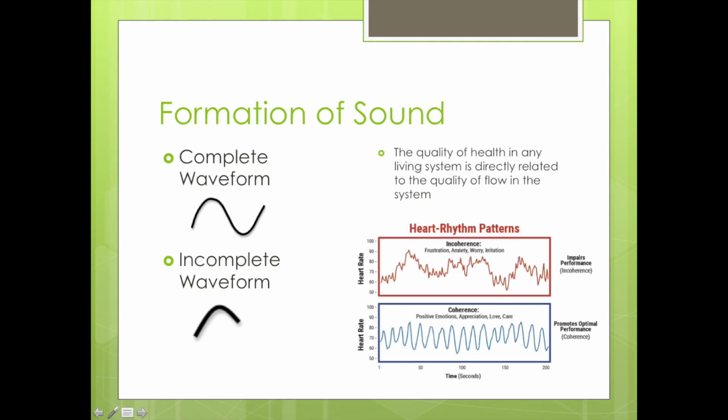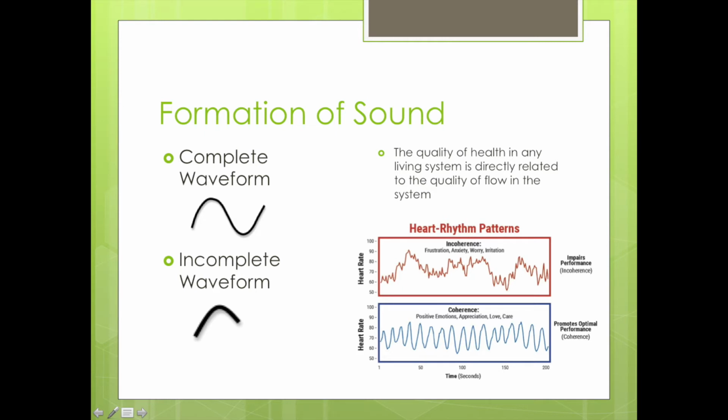So when we look at the formation of sound, we're looking at complete versus incomplete waveforms. So not just incomplete, but something that is regularly non-uniform. So coherency versus incoherency, smooth versus jagged, consistent versus erratic or unsteady. Incongruent waveforms will often be characterized by detuned or noisy currents, rough flow, no flow, loss of connection, or a